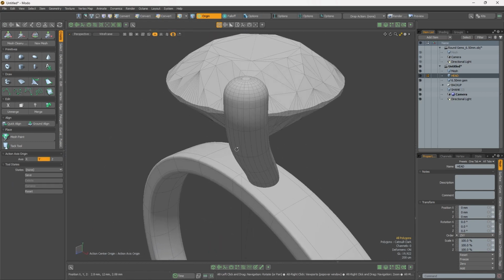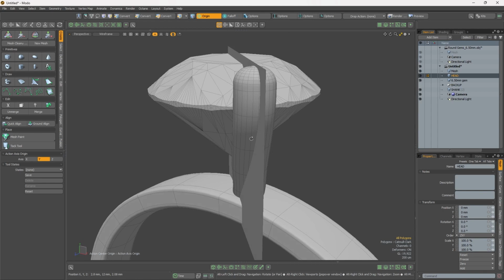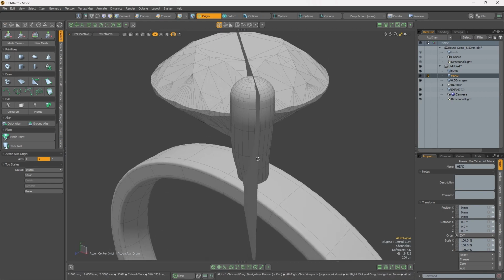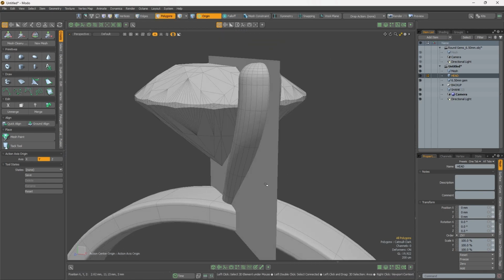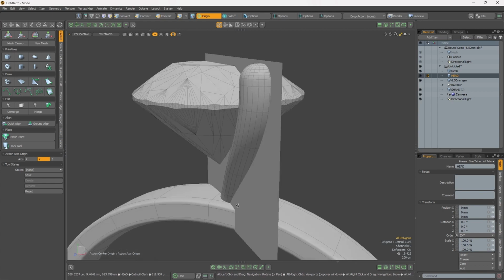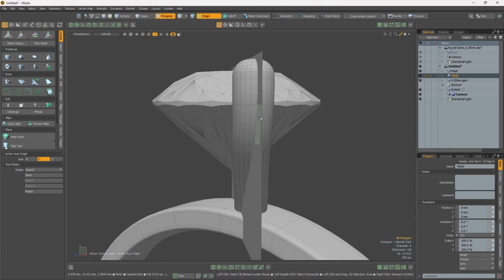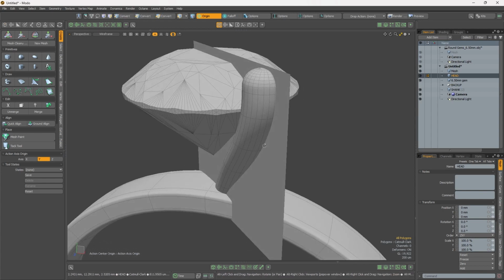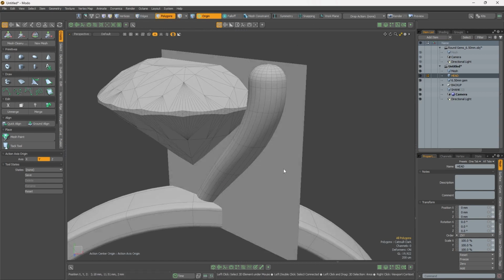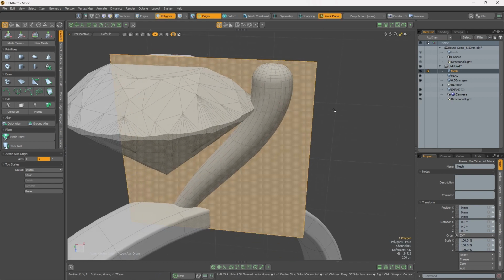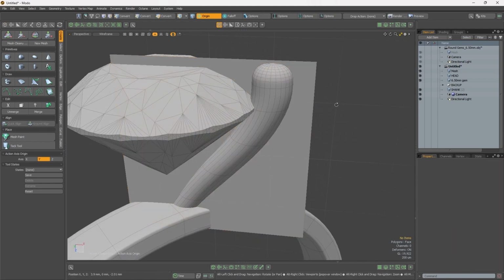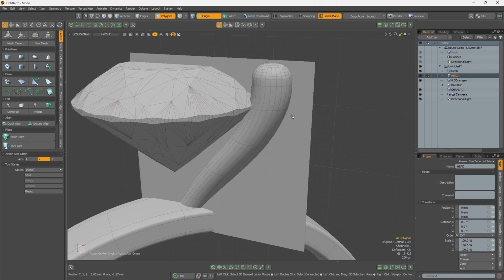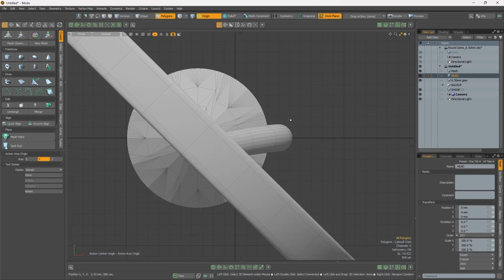Yeah, it looks much better, but now I need to amend the rest of the bottom of the claw, so I can use this as a reference to change my work plane and then go to